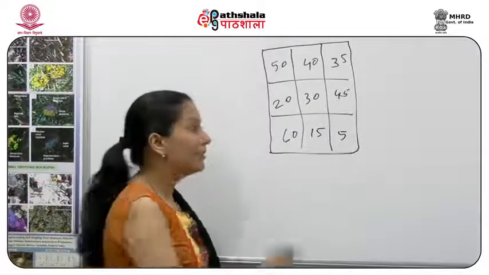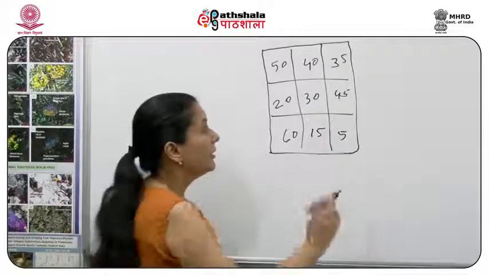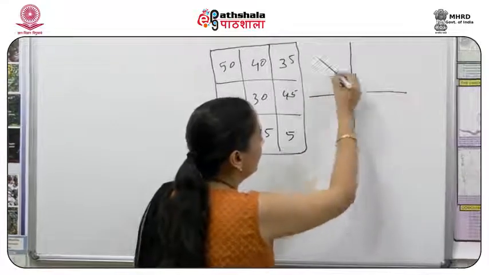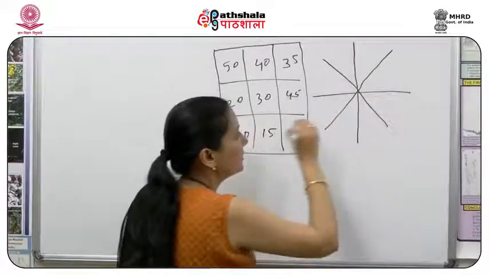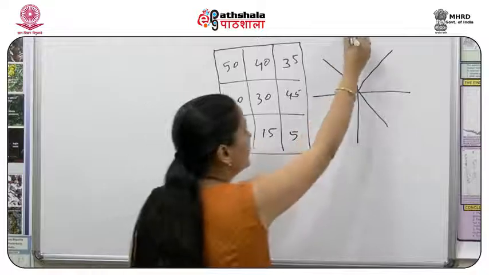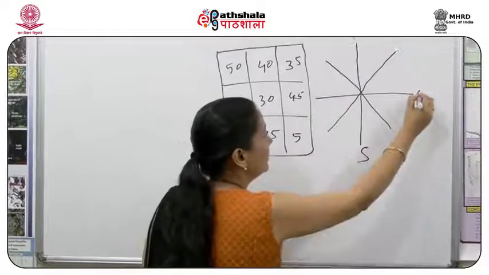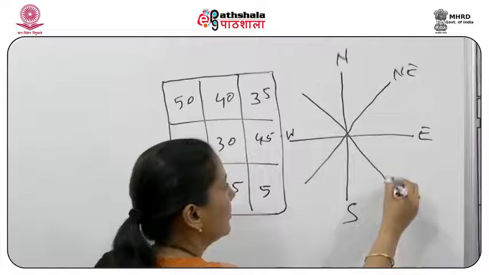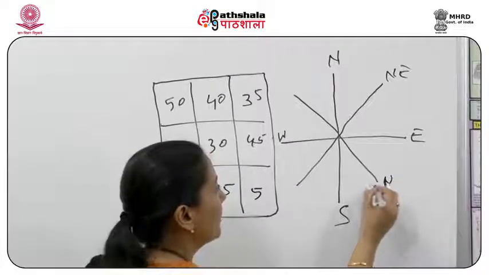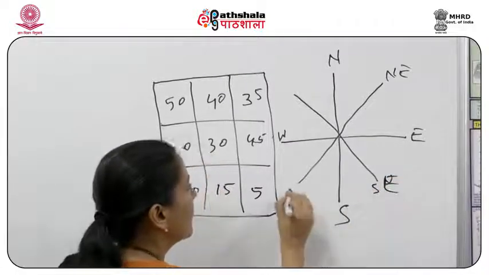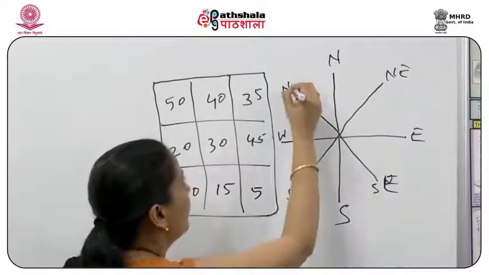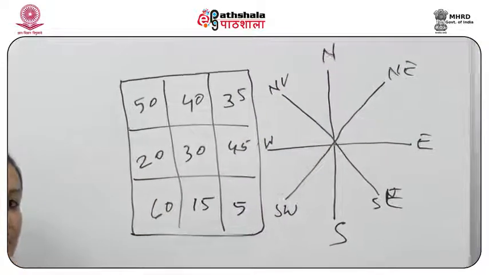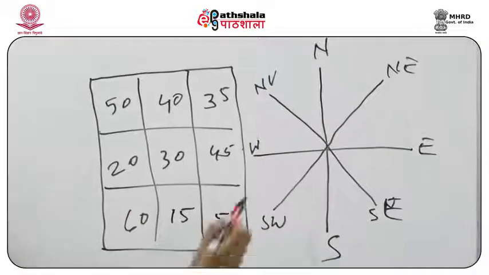How do we calculate the flow direction for this raster? First of all, you need to remember that these are your 8 directions which are considered. Your 8 directions are north, south, east, west, northeast, southeast, southwest and northwest. So these are your 8 directions, and when you are considering the flow direction model, these are